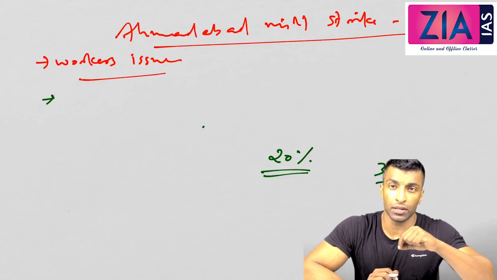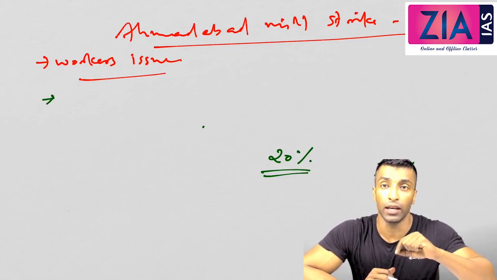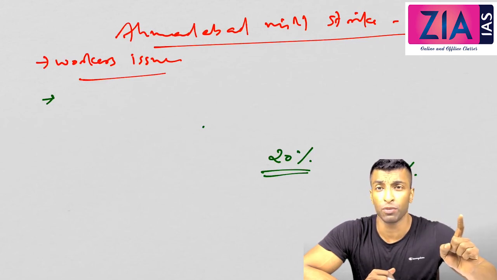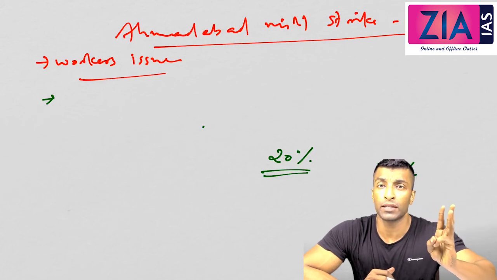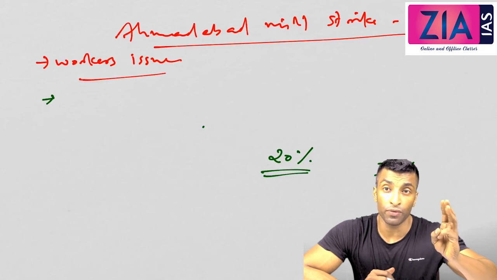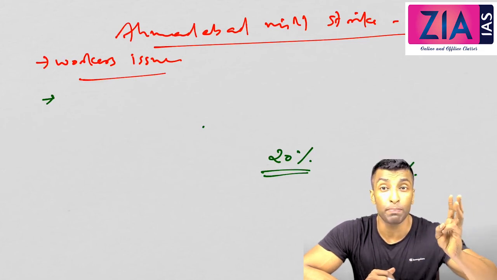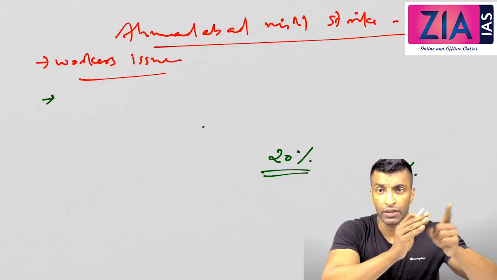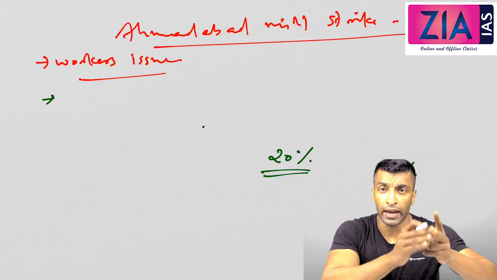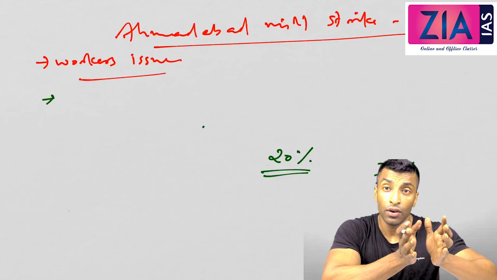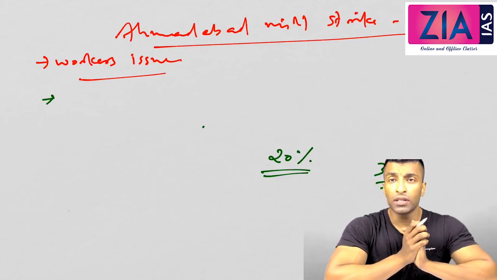But the most important point here is that this is the first hunger strike of Gandhi in India. So Champaran is important for the first civil disobedience movement, and Kheda is important for the first non-cooperation movement. The Ahmedabad Mill Strike is important for the first hunger strike, and this is the case of workers. In the previous two cases, it was peasants. The first two were related to the peasants, whether it is indigo cultivation, Champaran Satyagraha or Kheda Satyagraha. Here it is the workers. I hope this is understood.